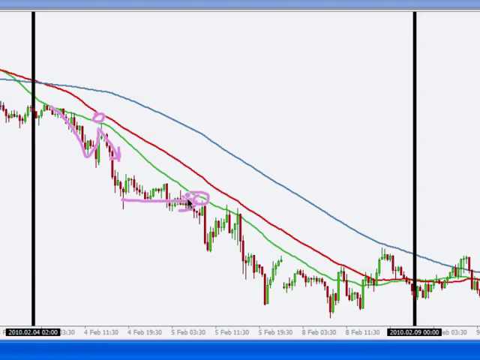Sideways price action, dynamic area of support and resistance, off it goes. Pullback, dynamic area of support and resistance, off it goes. So on and so forth. Another pullback, another bounce, and all the way until here, where price, upon retracing back to the dynamic area of support and resistance, we see how instead of getting a bounce, what we get is actually a breakout, and it's